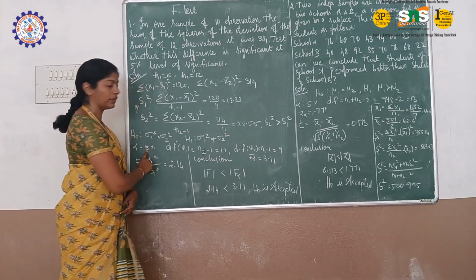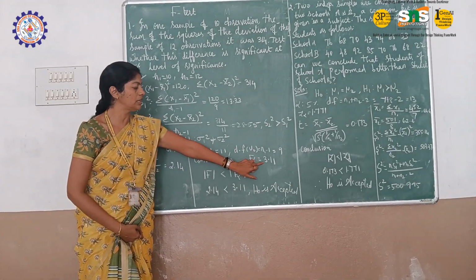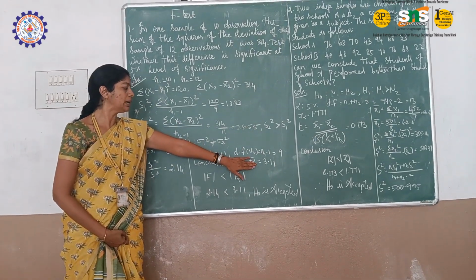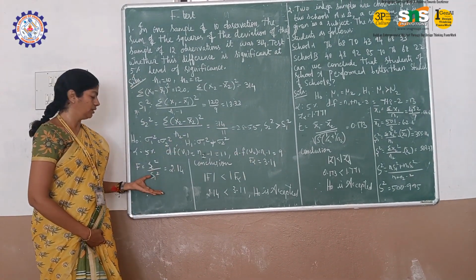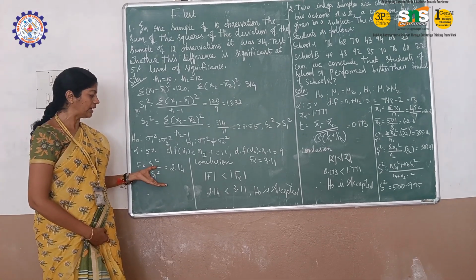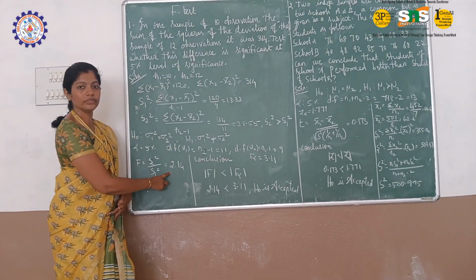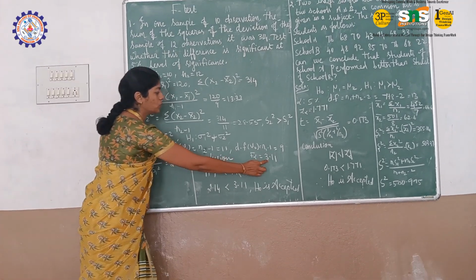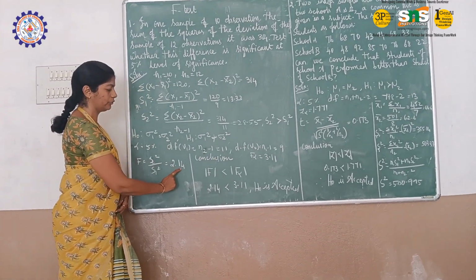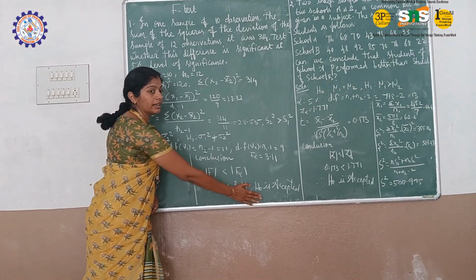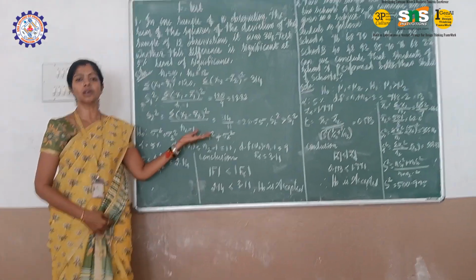Comparing these in the 5% table, we get a table value of 3.11. Then we compare this with the calculated value. The calculated value is 2.14. Comparing these, by seeing itself we can identify that 3.11 is higher than 2.14. That is, the calculated value is less than the table value. So we can write H naught is accepted. This is how we have to solve the